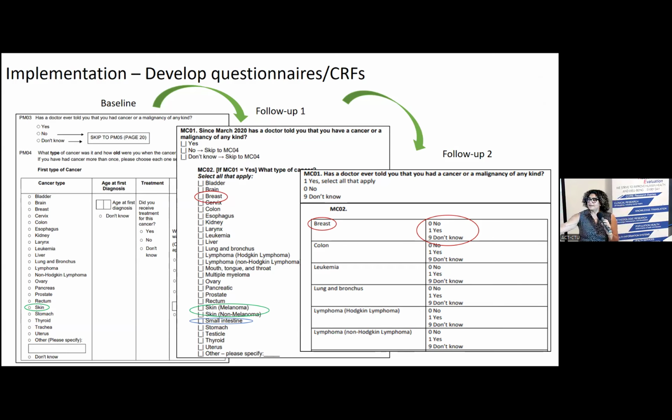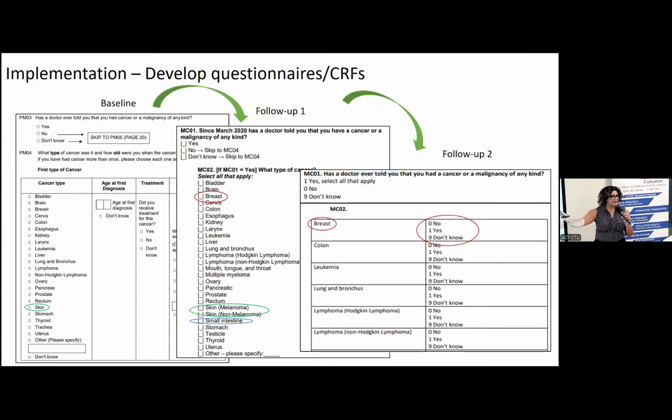At baseline, the question is, what type of cancer do you have? And it's a select-all-that-apply question. So at baseline, it was a select all, and we had the list of cancers available here. And then at the first follow-up, they slightly changed the list. Now we have skin melanoma and skin non-melanoma, whereas at baseline, it was just skin cancer. So it makes it challenging to see the portrait of the patient data evolution.